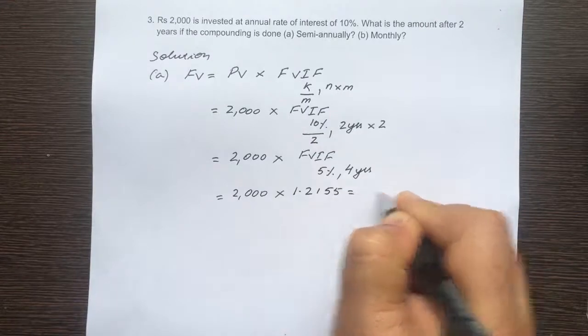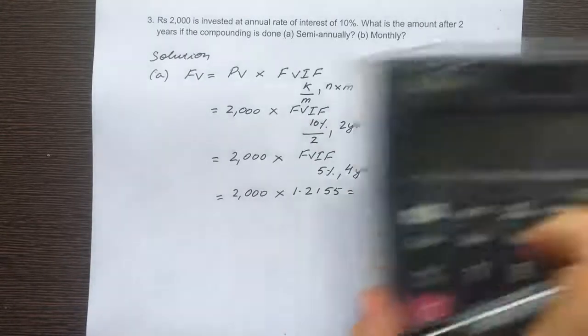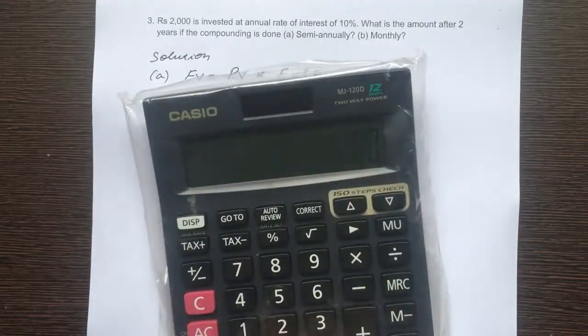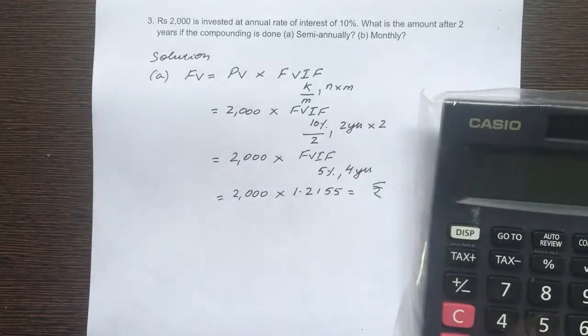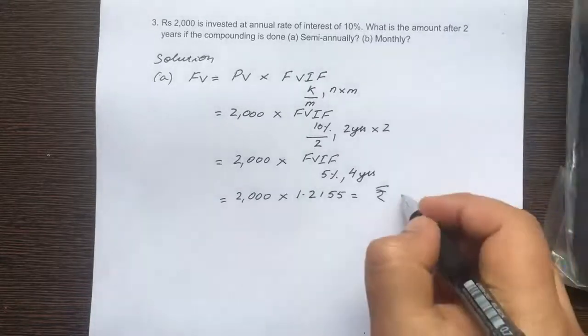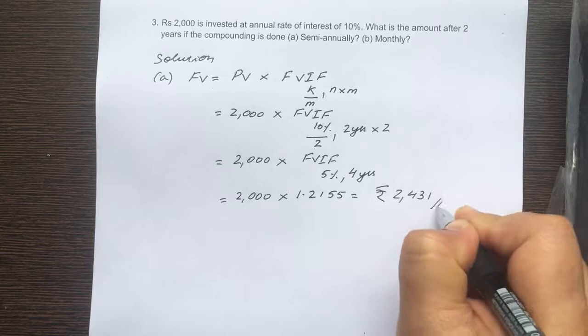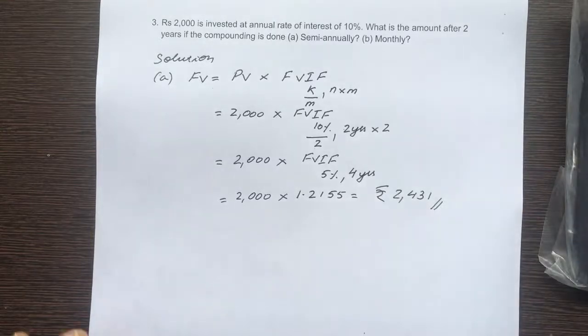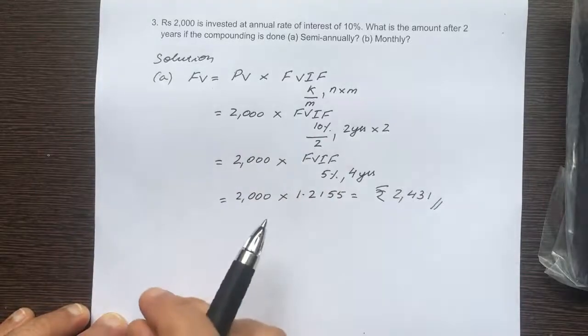And how much is that? So 2000 into 1.2155 equals 2431. So that is the answer to problem